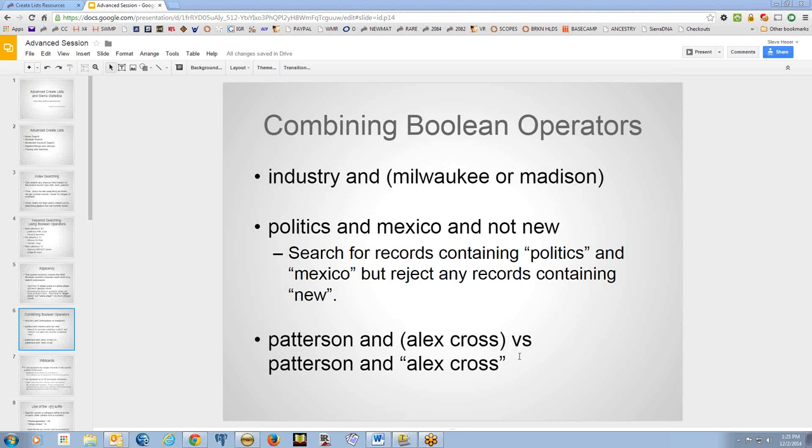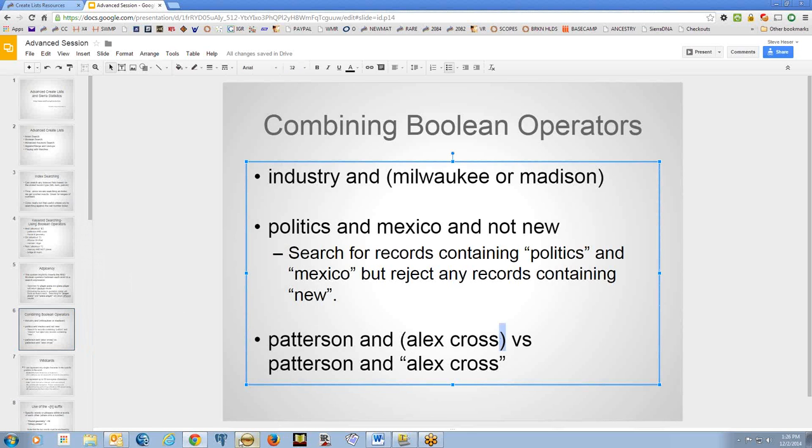And then down here I wanted to talk a little bit about the difference between these two terms, and we'll just do a quick search here so I can tell you what these look like. So if we're looking for all the James Patterson books with any references to Alex Cross within the bib record, there's two ways we can go about it. One is, and these are totally different searches, and you're going to get different search results based on what you put here. But based on what we've seen above here, if you include Alex Cross,